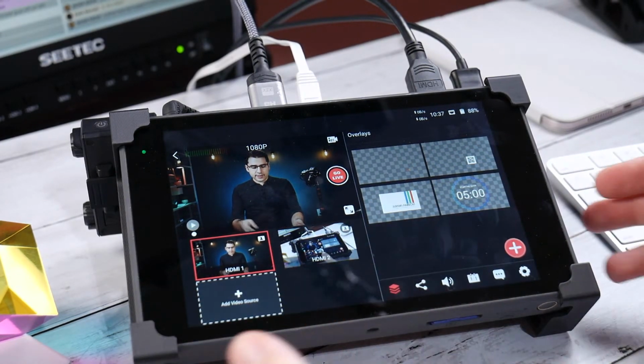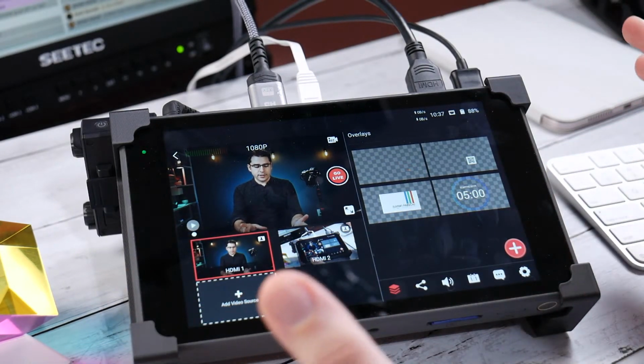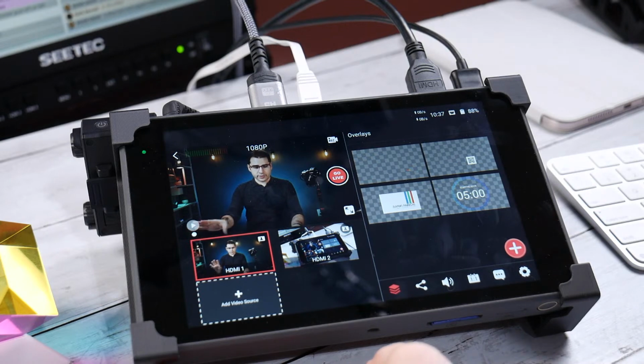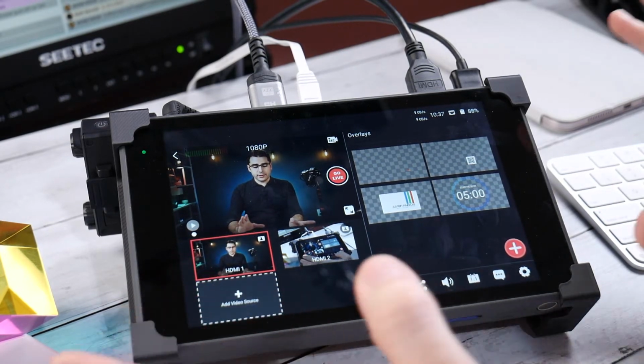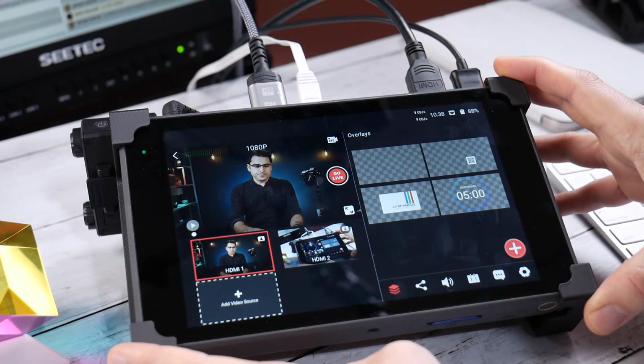But yeah, this is like you plug in a camera, and then you go live, and you don't need anything else. You don't even need a computer. The ATEM, you're going to have a computer and all sorts of other stuff to make it work. So the disadvantage being of this is if you,